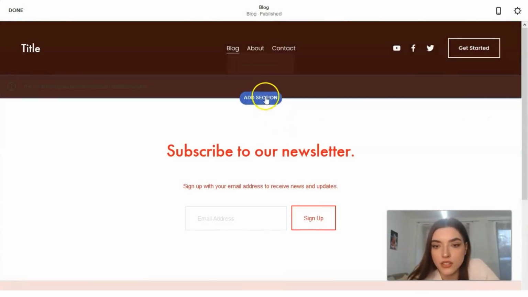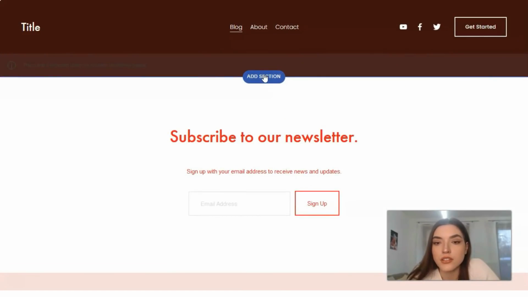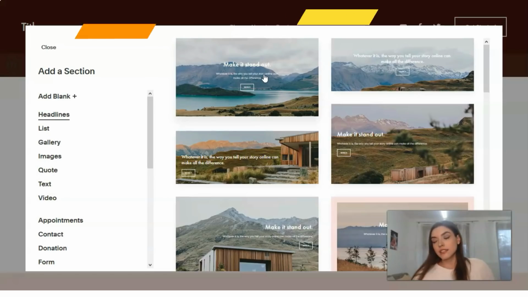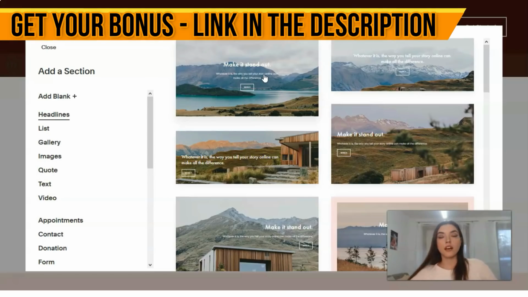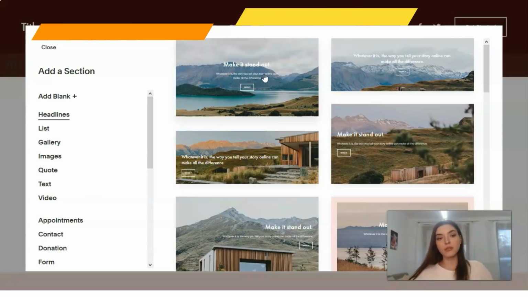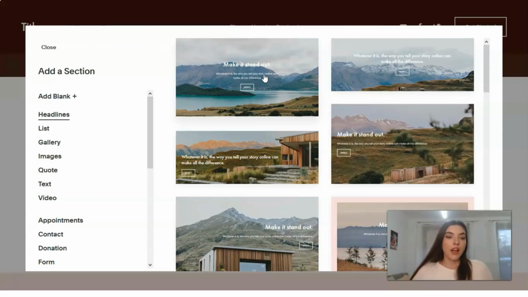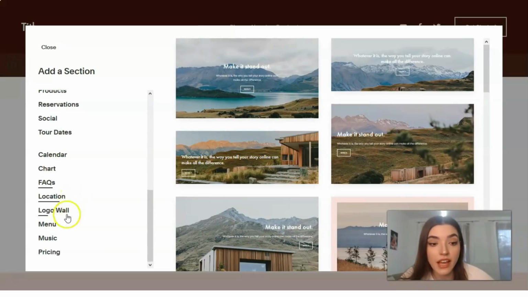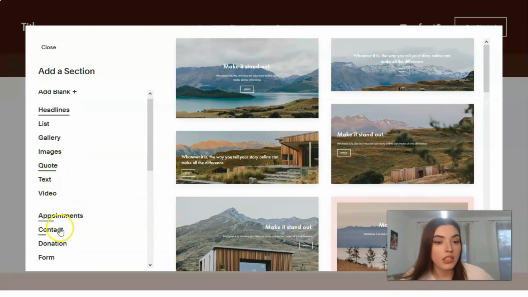By the way, right here, I forgot to tell you, between these sections we have actually the button of edit section. For example, I adore this template, and this template is actually suited for me, but I understand that it has, for example, not enough sections for me. And for example, I would like to add FAQs or text or some widgets. It may be some videos, or appointments, or it may be even a location. So let's start from